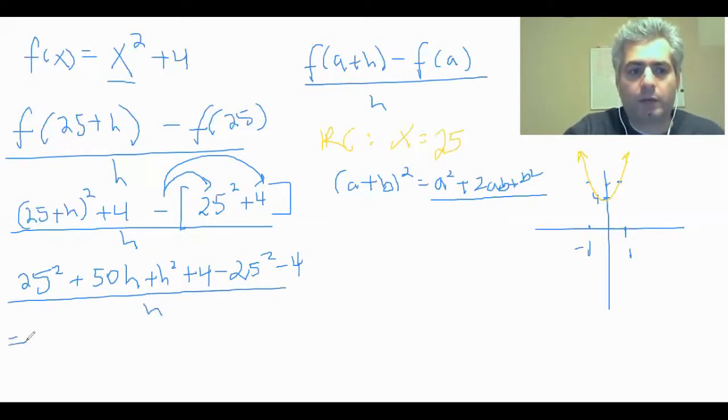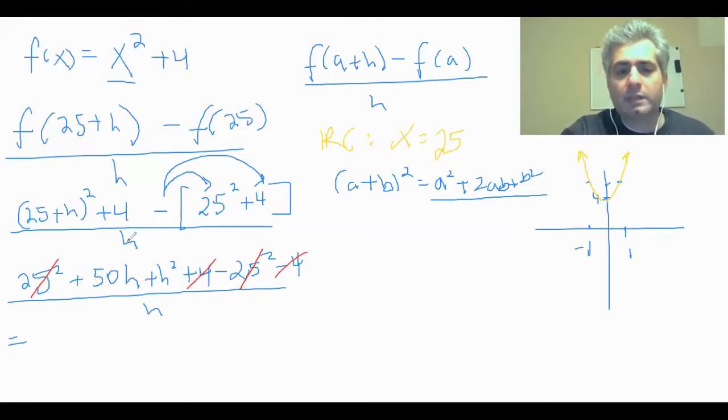So at this point, we can simplify. If you notice this 25 squared, we know it's 625, but we can keep it that way because 25 squared is subtracting with 25 squared. That would give you 0. So we're simplifying the expression in the numerator. 25 squared and 25 squared cancel. 4 minus 4 is 0. And what's left then for us is 50h plus h squared